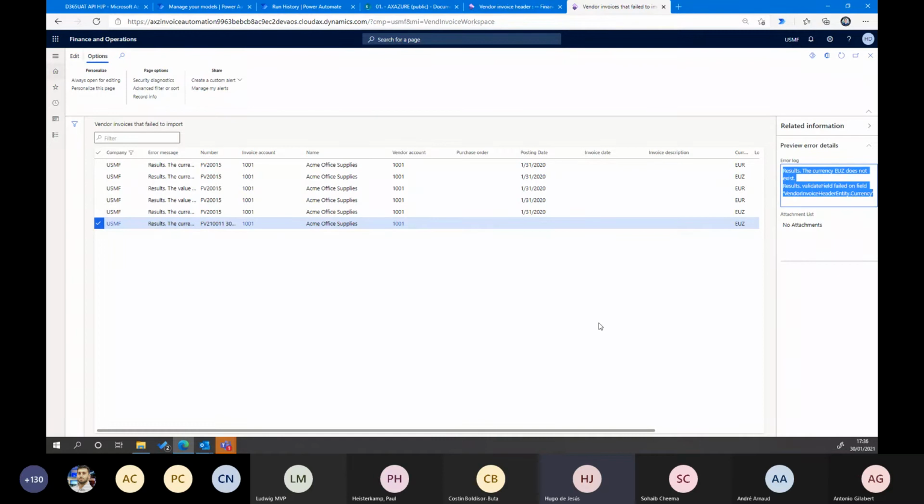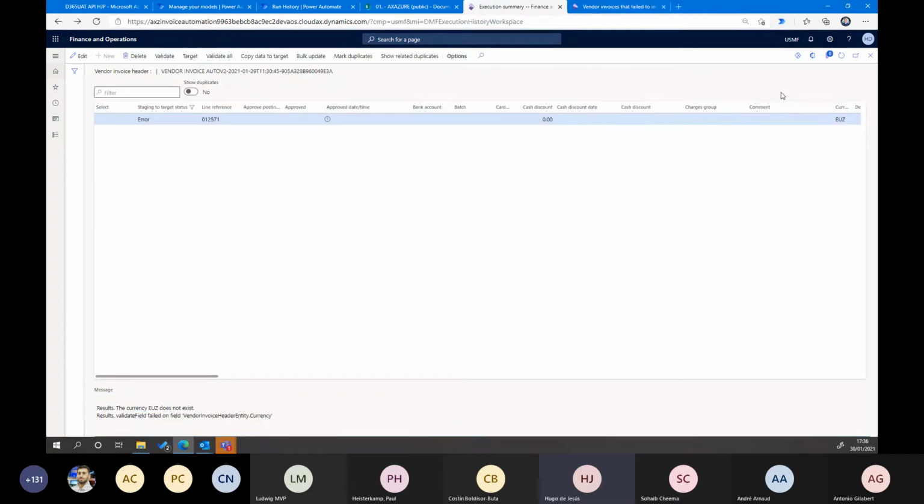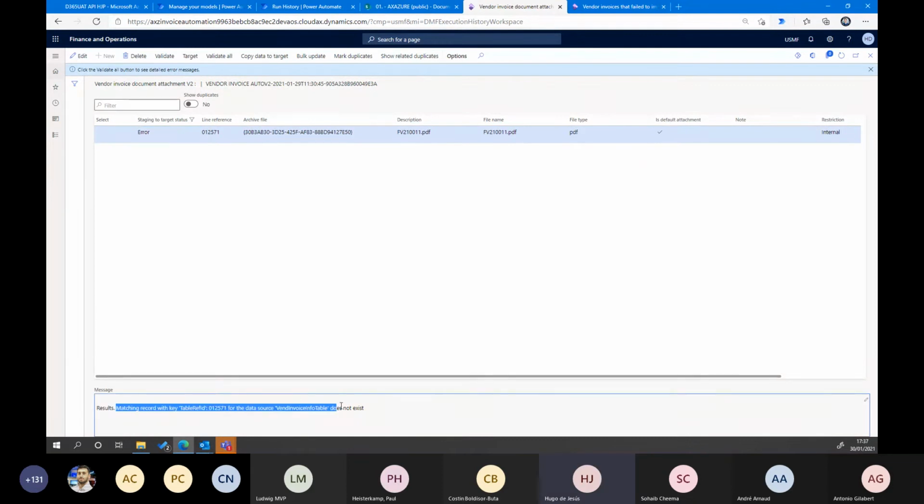In the documentation, the docs say that you can see the attachment related with this invoice. If the invoice has an error, you can see the attachment, but it's not true because, as you know, in the DMF, if the header entity has an error, the second entity can't upload, because it's impossible to upload some information related with another entity if this entity doesn't have any data.